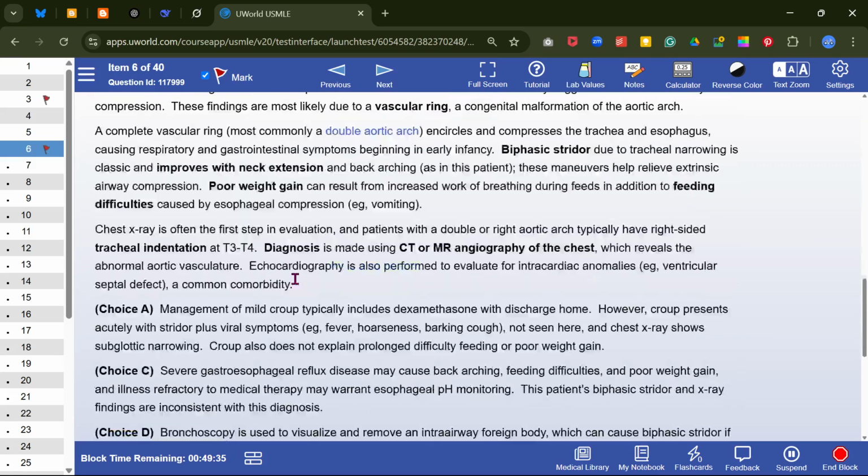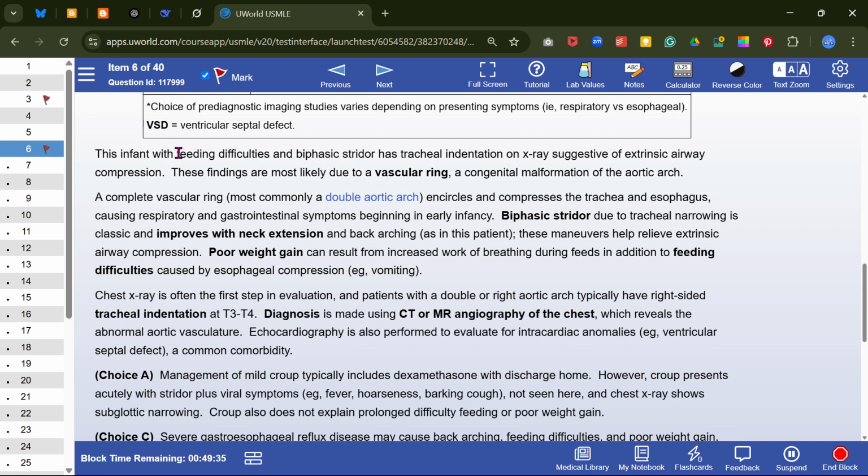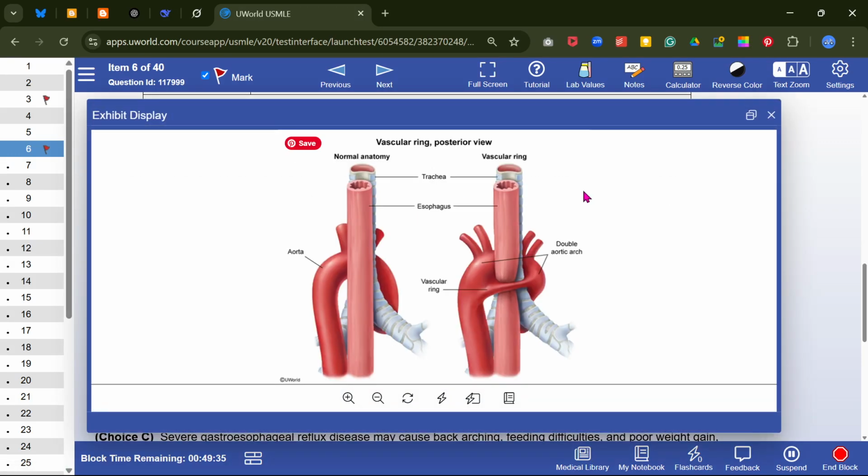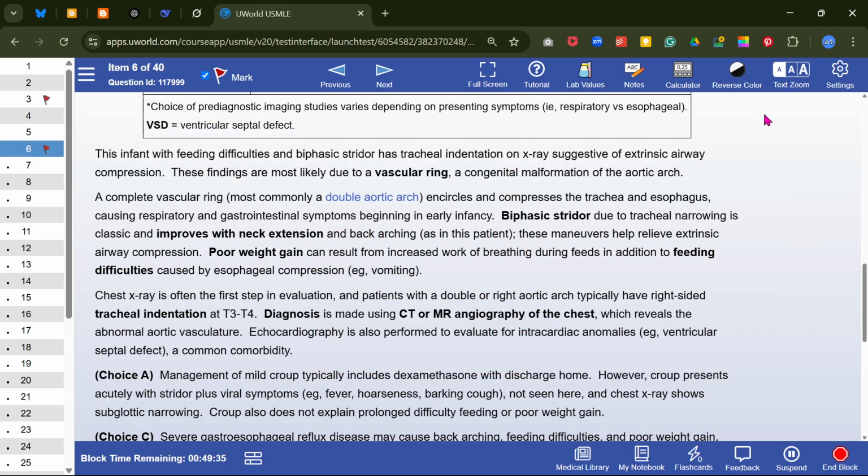Okay, this patient with feeding difficulty and biphasic stridor has tracheal indentation on X-ray suggestive of extrinsic airway compression. These findings are most likely due to a vascular ring, a congenital malformation of the aortic arch. Most commonly a double aortic arch encircles and encompasses the trachea and the esophagus,